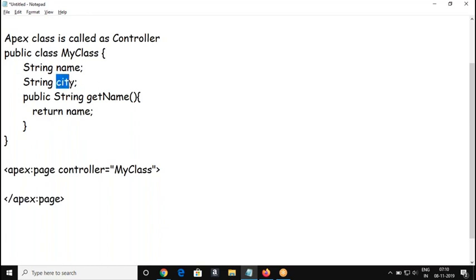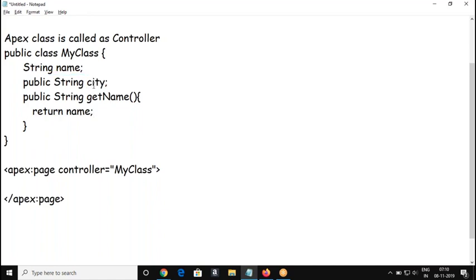I would like to refer to this variable. If you are going to refer to any variable from a controller, that variable should be a public access modifier variable, so that other classes can also access this variable. That should be a public variable. That's the first rule, right?